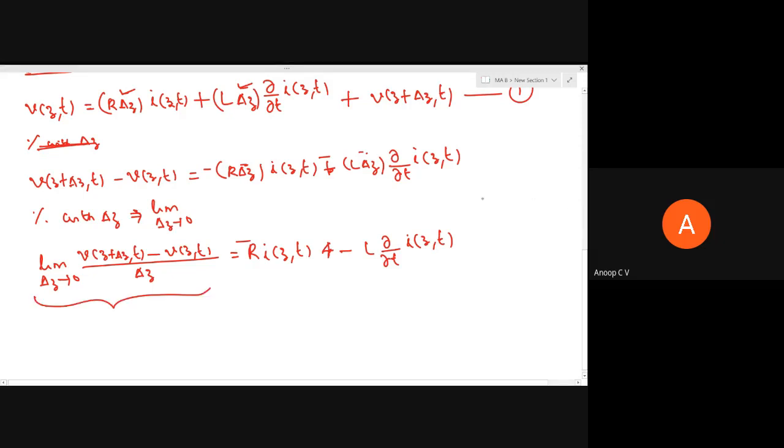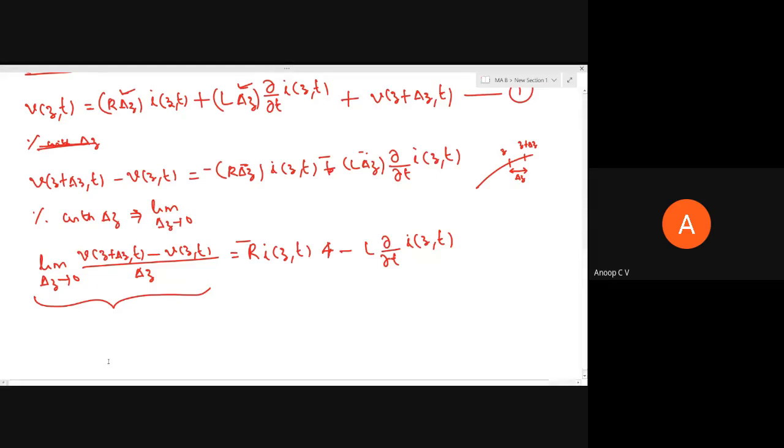So suppose along the transmission line there is some voltage variation. This is the voltage at the point at a distance z from the source, and this is the voltage at a distance z plus delta z. So now what you are doing is v of z plus delta z minus v of z, divided by delta z. We are considering the difference between voltages at these 2 points across a length of delta z. So what actually is this?